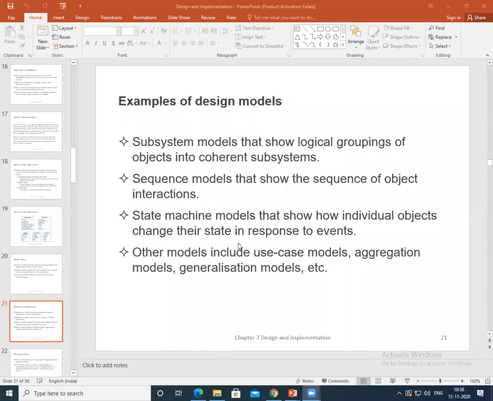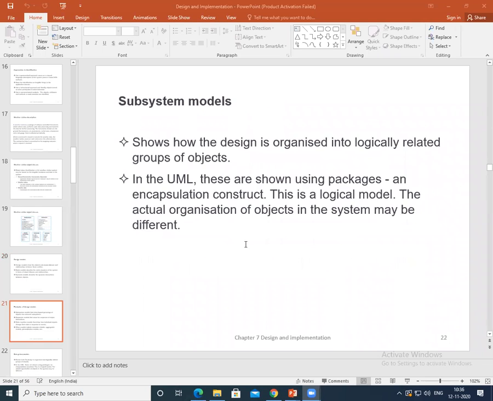The structural model describes the static structure of the system using object classes and their relationships. So we have important relationships that may be documented in this, and a dynamic model describes the dynamic structure of the system and shows interaction between the system objects.